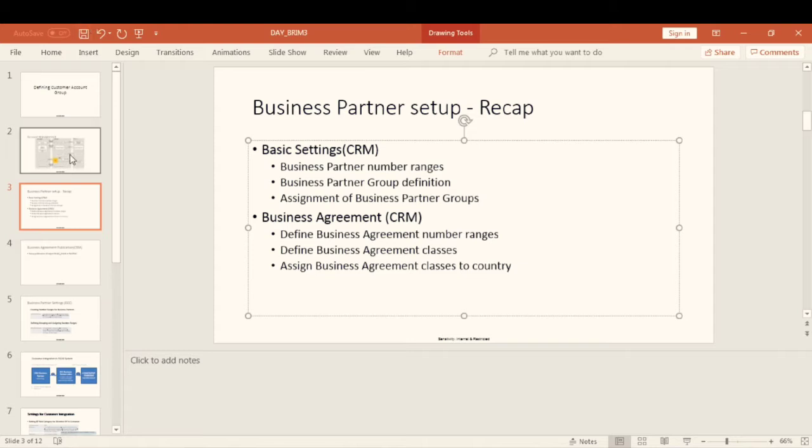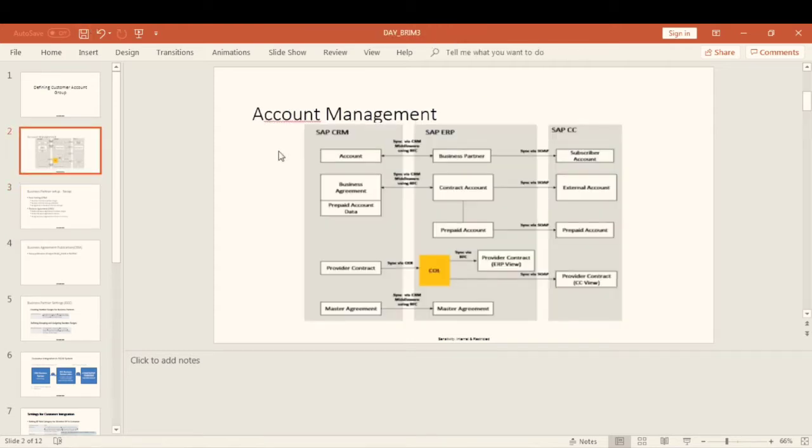FICA can handle complex functionalities: it can accept partial payments of the customer, impose penalties, and impose interest on the customer. Whereas in FIAR, we do not have all these functionalities. If a customer gets the bill, he has to pay the entire bill. So this is the difference between the FICA and FIAR process.